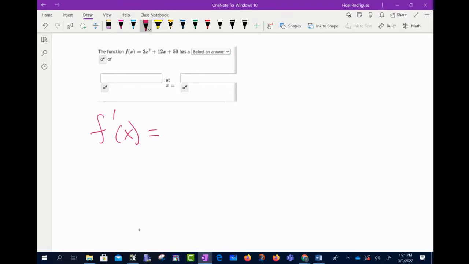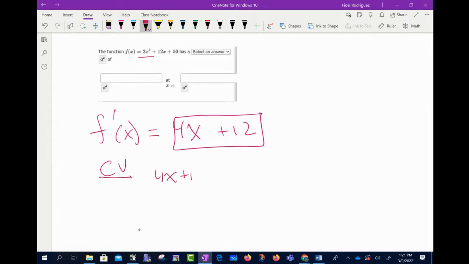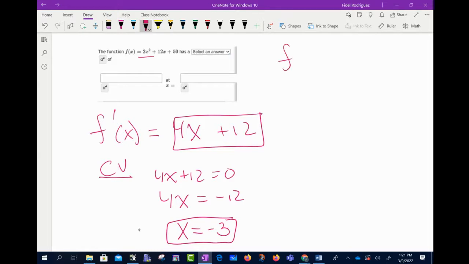What's the derivative of 2x squared? 4x. Very good. What's the derivative of 12x? Plus 12, and the derivative of 50 is 0. We're going to take this piece right here and set it equal to 0 to find our critical value. So 4x plus 12 equals 0. 4x equals a negative 12. Everyone agree x is a negative 3? Can we divide both sides by 4? Now what we want to find is